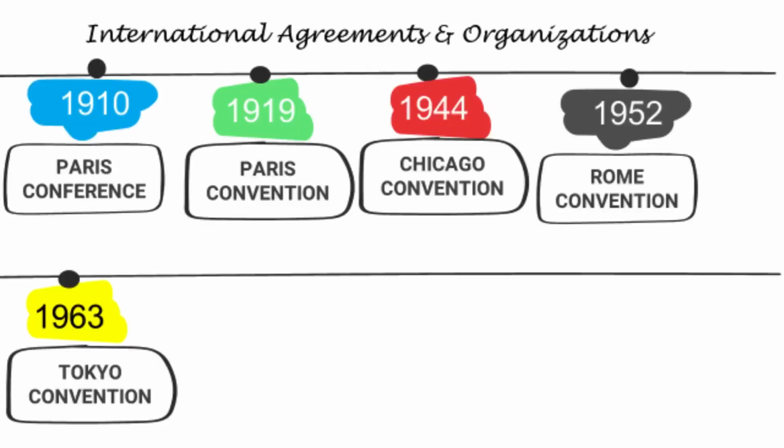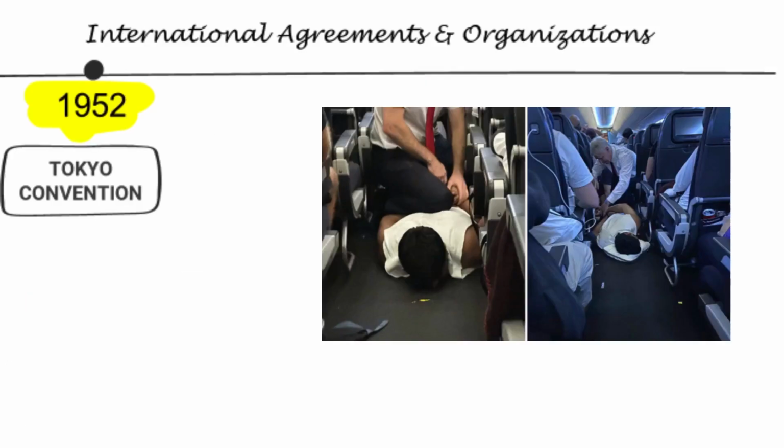The Tokyo Convention of 1963, Convention on Offenses and Certain Other Acts Committed on Board Aircraft. To protect the safety of aircraft and persons on board, and to maintain good order and discipline during flight, it does not apply to state aircraft, for example, aircraft used in military, customs and police services. First international treaty to address crimes and other acts on board aircraft, it provides a legal framework for dealing with offenses on board, enhancing aviation safety.